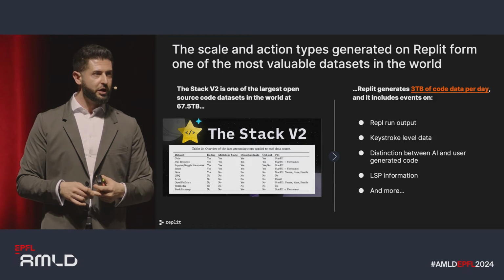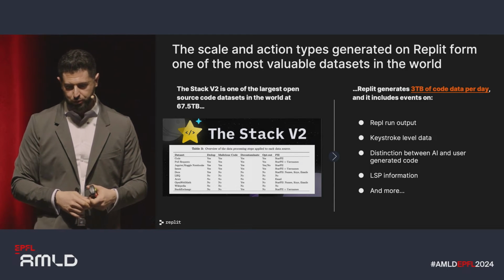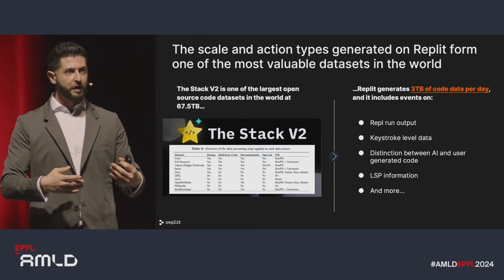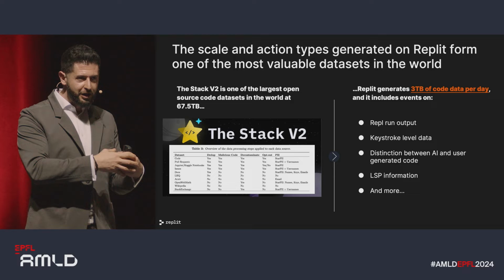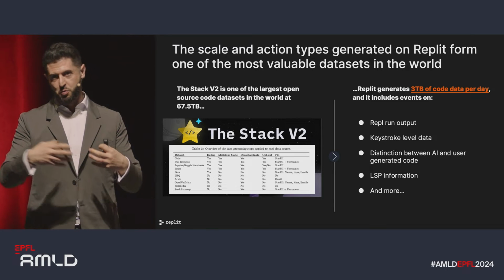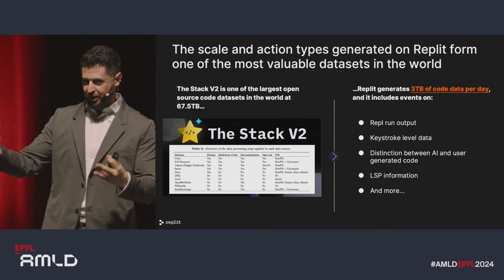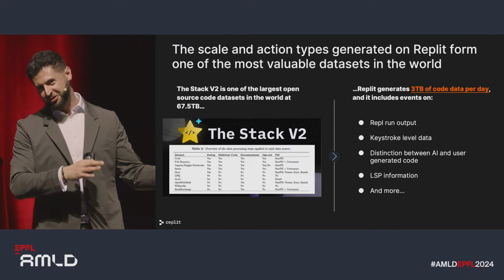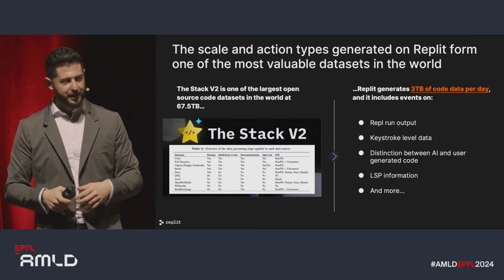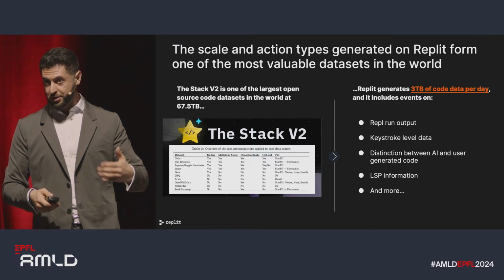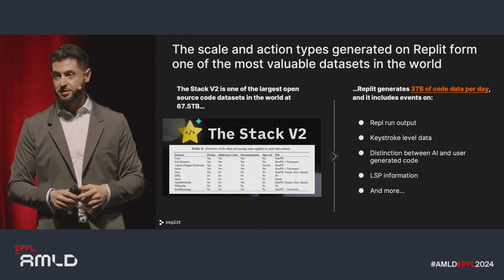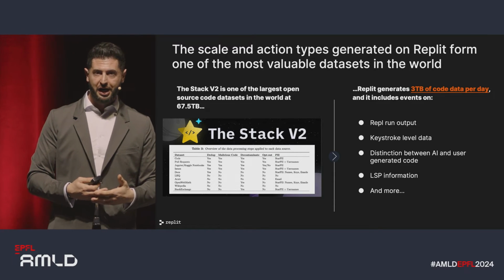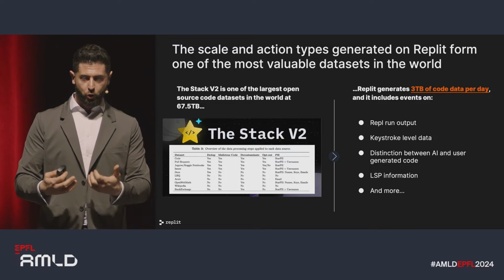And the data types we collect go all the way from run outputs to the single keystrokes and clicks you do on the editor. So we have a data structure that helps us really unravel how code is born, from the first keystroke until you deploy your application. Of course, we keep track of whether code has been generated by an AI versus humans. And we collect a lot of diagnostics from static analyzers and so forth. So very rich, very diverse, and it's something that's going to allow us to train models that we haven't seen yet.